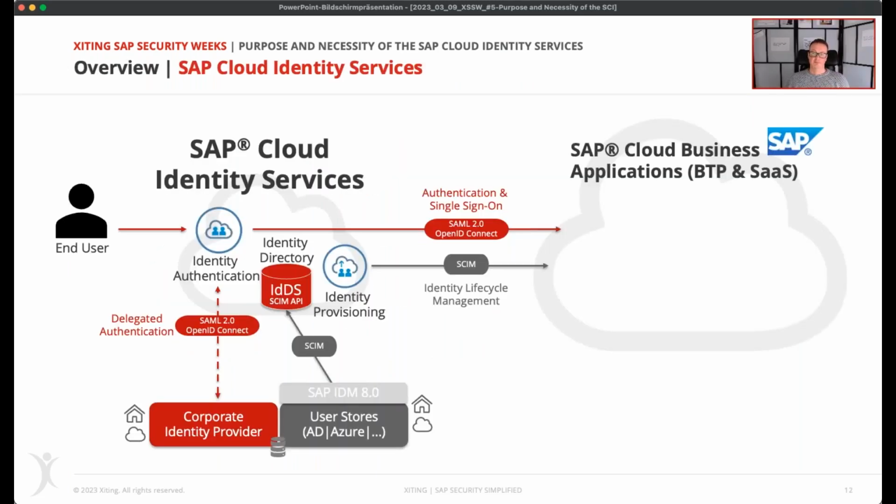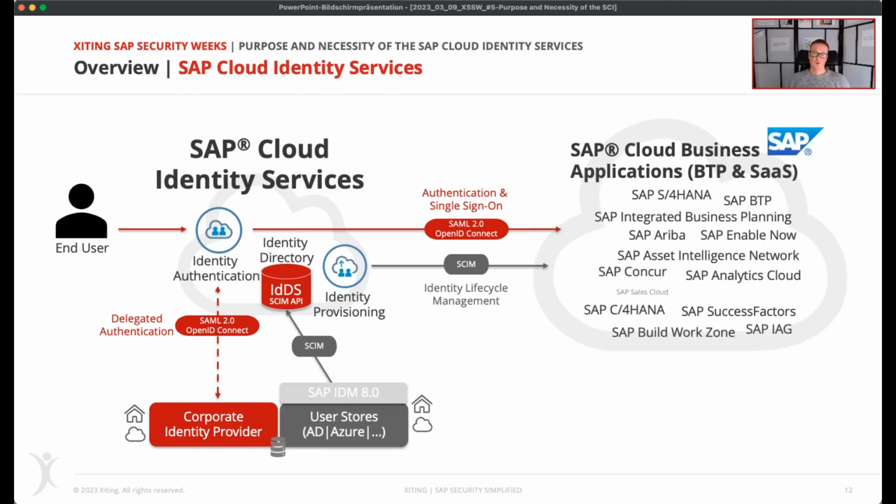So, yeah, as the name says, obviously it's a cloud service from SAP that's related to the topic of identity and access management and is designed to manage user identities and also access across the many SAP applications and services in the SAP Cloud. So it allows users, your enterprise or corporate users, to seamlessly access their many applications and data from almost anywhere on any device. And it enables, on the other hand, administrators to manage user access and authentication in a central way.